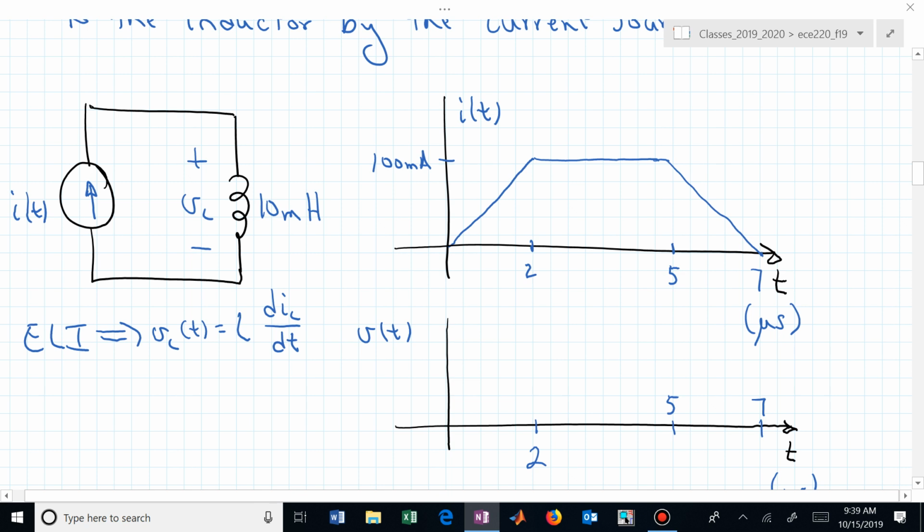And there are only certain segments of time where we actually have current changing with time in this circuit. In the first segment, and now notice the units on the independent axis, it's now microseconds. We can now find the slope